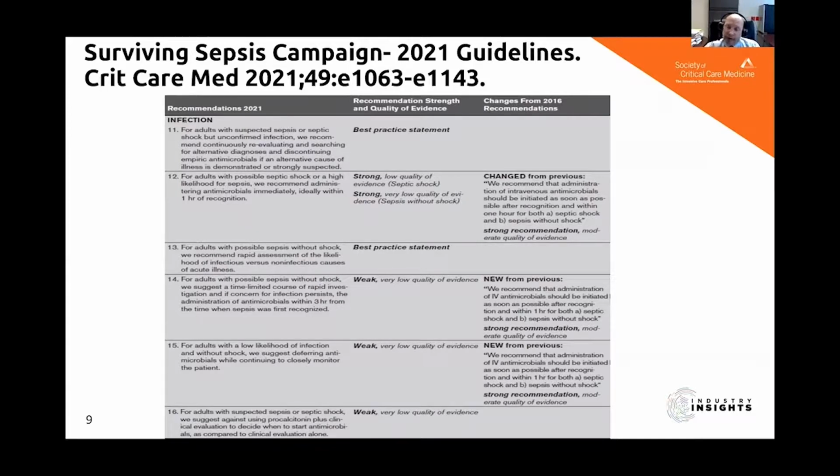But if you're not certain a patient has sepsis, then maybe there's a time for pause and to rethink, to continue the investigation, that you don't have to start antibiotics, or if you start antibiotics, you don't have to continue antibiotics. And these subsequent recommendations go into those likely scenarios where you're not sure the patient has sepsis, and they encourage a period of time, call it time limited. You have up to 3 hours to investigate, get data, see where is the potential site of infection, what is the potential source or cause of infection, what kind of antibiotics should be needed, or what are alternative diagnoses which may be more strongly suggestive of what's causing the clinical picture you think could be sepsis. On the next slide,